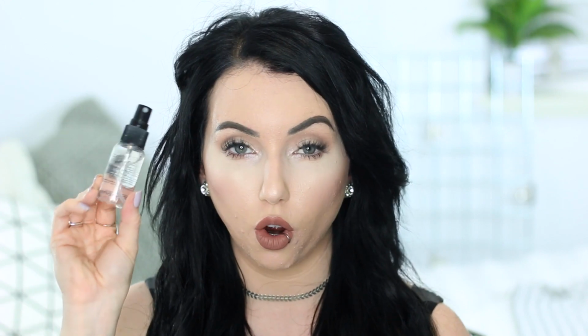And then this is the Maron Barrier Spray. Holy shitsies, this stuff is so intense. I think this is the most chemical smelling thing I've ever put on my face. You really can't breathe for a good 30 seconds after you spray this. One of you guys recommended this for oil for just like long-lasting makeup, and I do feel like it really